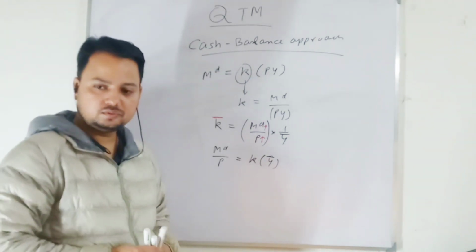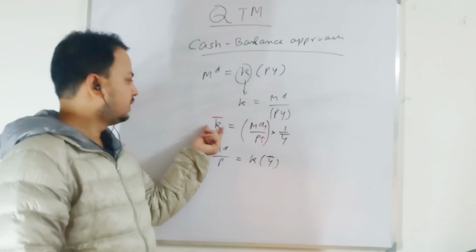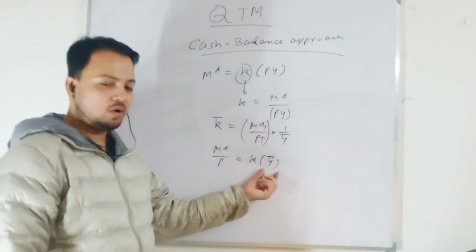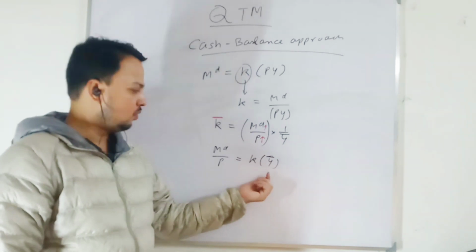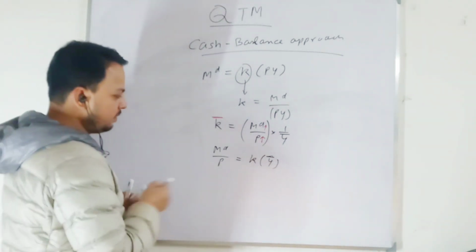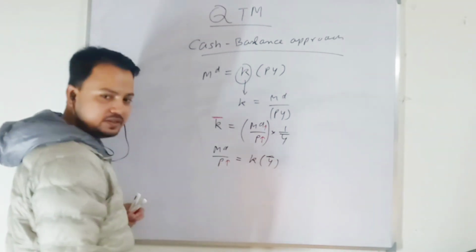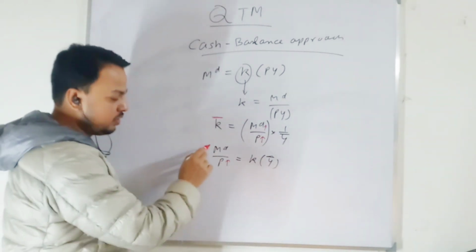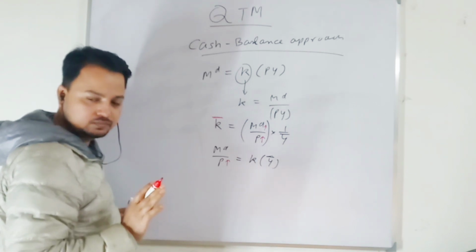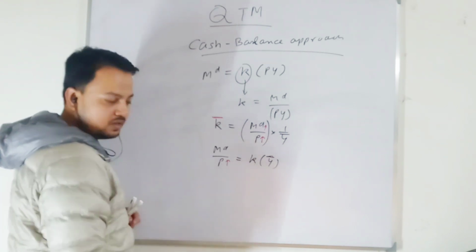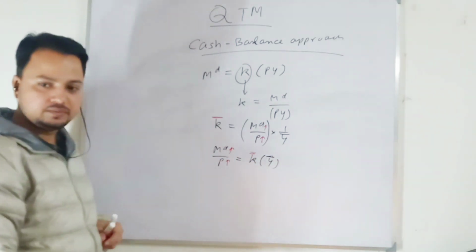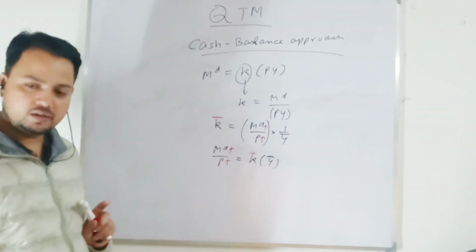Yes or no? Okay. Why? Because what is this proportion? Real money balance is proportional to output, right? Once the output level is given, if the price level increases, what happens to your real money balance? It decreases, right or not? So this must be decreasing, but I said that this proportion will remain constant. That means nominal money demand must increase along with the price level. Agree, everyone?